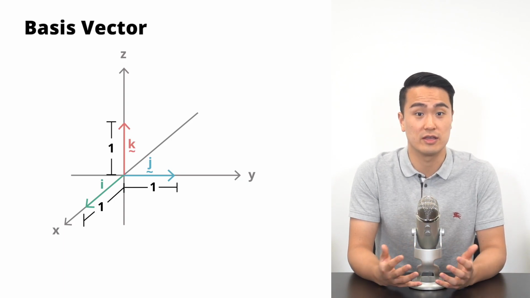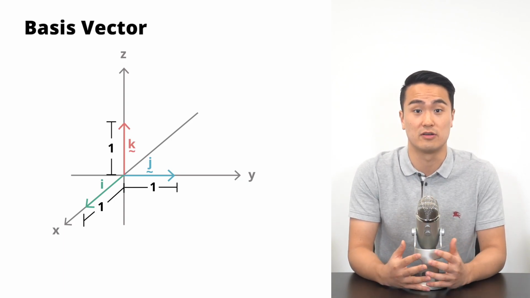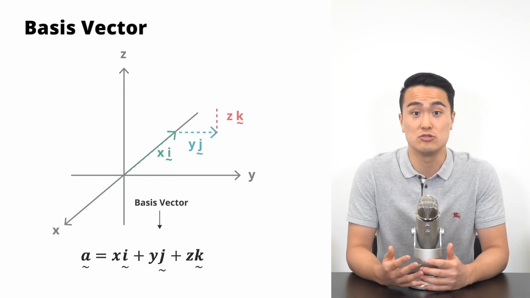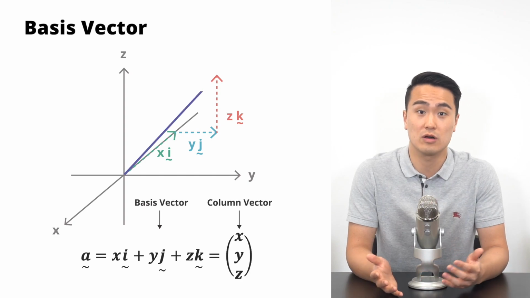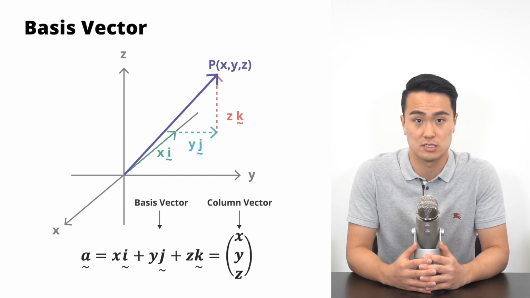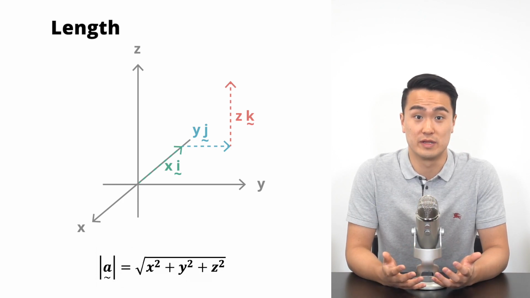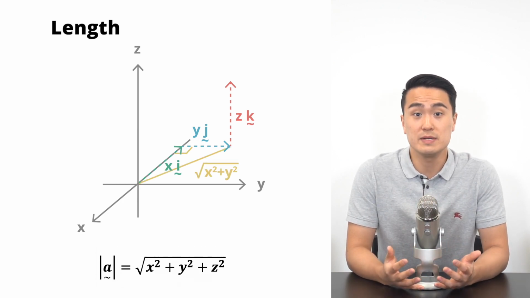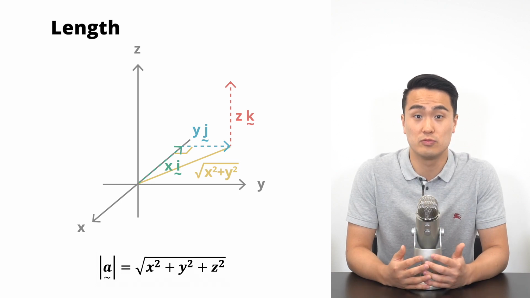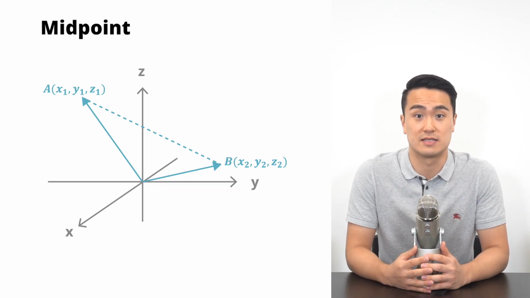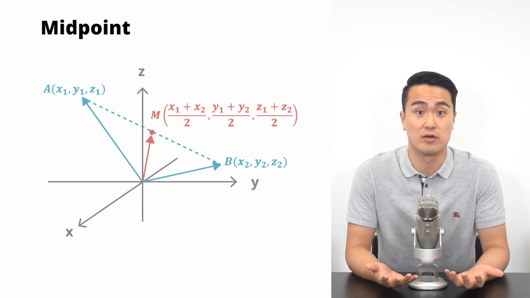So visually, you can think of k as a unit vertical vector. This means we can denote 3D vectors into basis vector form or column form with our 3rd component. For the length of a 3D vector, we just use the distance formula to derive it. A common mistake is to think that you need to cube root something, but we just need to apply the distance formula twice. For the midpoint of 3D vectors, we still just take the midpoint or the average of the